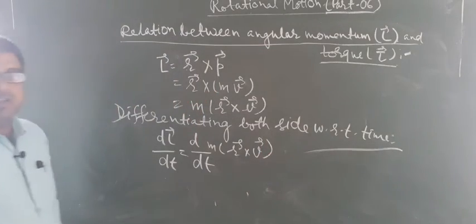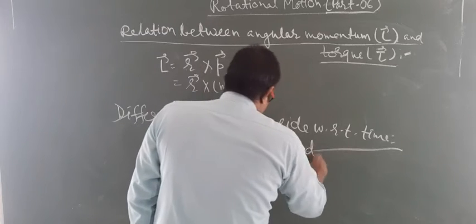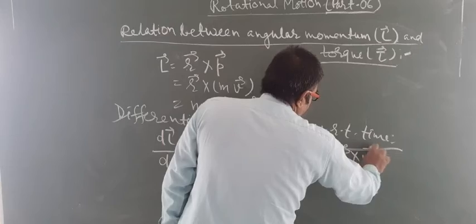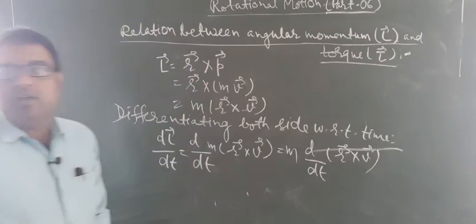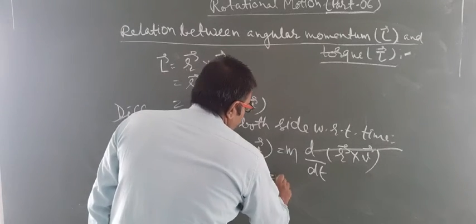Now mass is constant, so it can be taken out, so it will be m d upon dt of r cross v. Now here we will apply the product rule for differentiation, and the product rule says